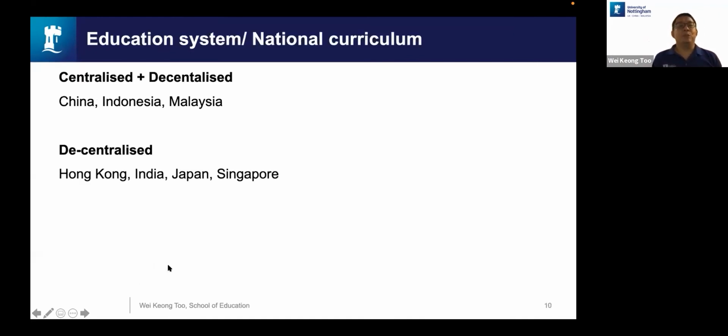Now, when it comes to education and national curriculum, it's very interesting because sometimes the line is not clear in terms of centralized or decentralized. I look at it from these two perspectives. There isn't one which is totally centralized right now among the seven countries that I am looking at. There are elements of centralized where the Ministry of Education issues a national curriculum, but at the same time, the